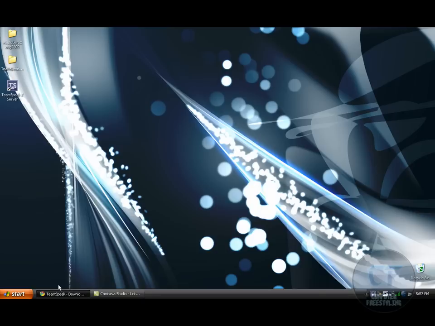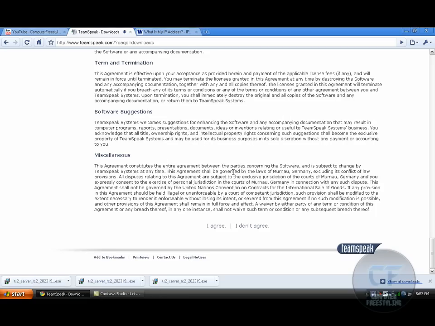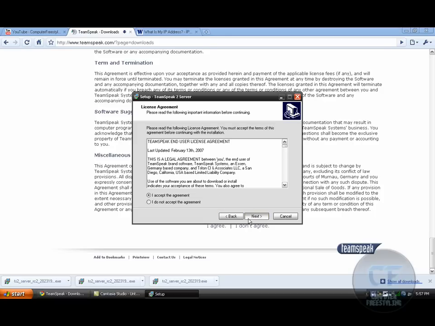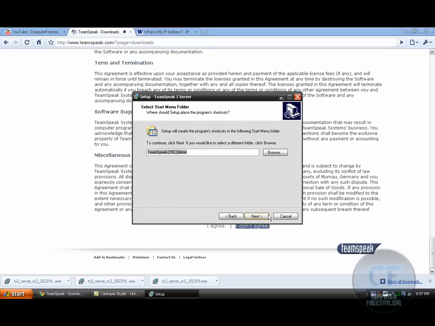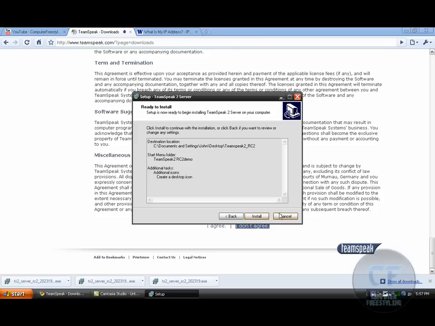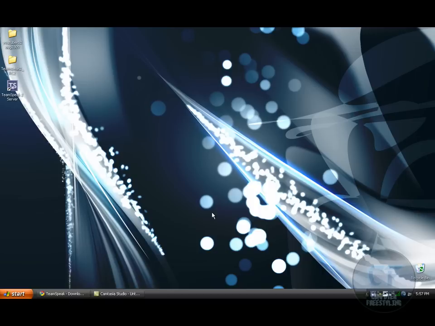It's going to go through the basic installation process of installing a program. No big deal. Accept the agreement, choose where you want to install it, the name, and create a desktop icon, and click install. But here I stop because I'm not installing it. Anyways, now that you have it installed, where I installed it here for the sake of this tutorial,